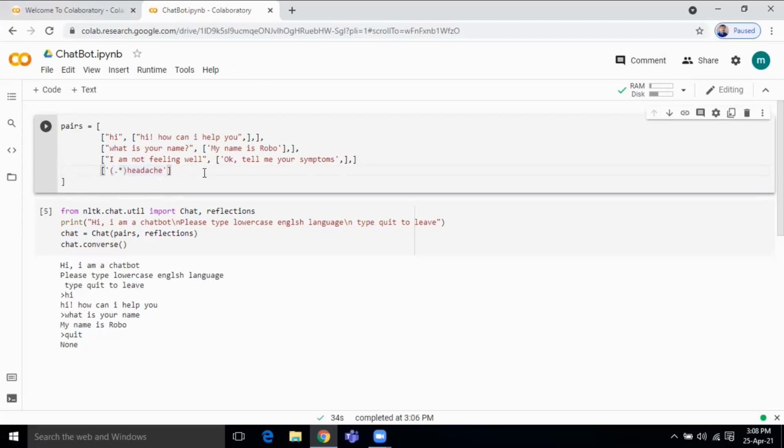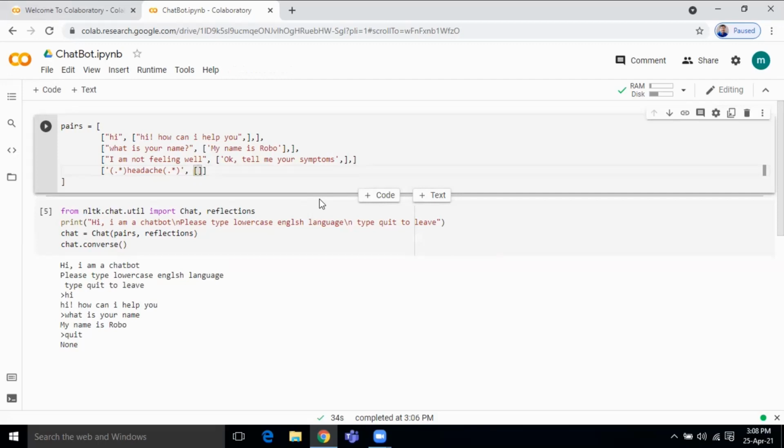If it finds a headache, then even after headache, if you write anything, it is represented like this. So if your symptom is a headache and you are describing the headache, if it finds a headache in your sentence, then it is going to reply to you like this.